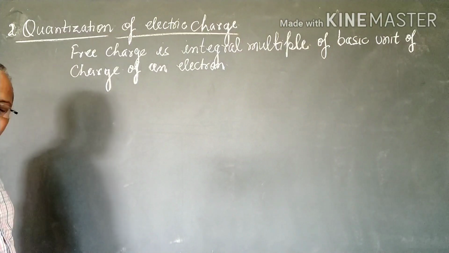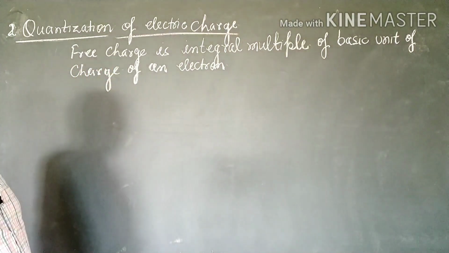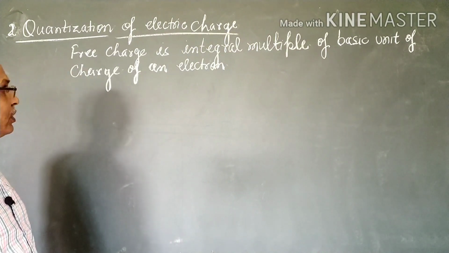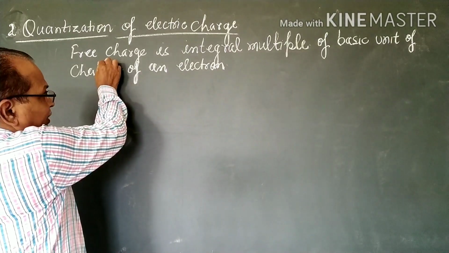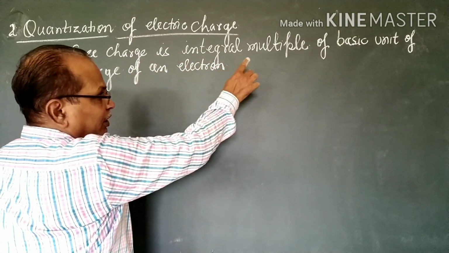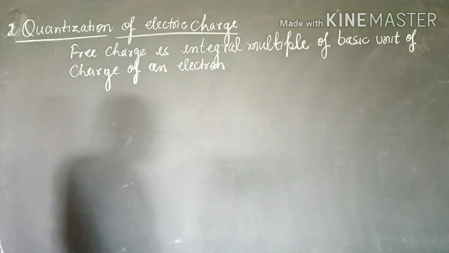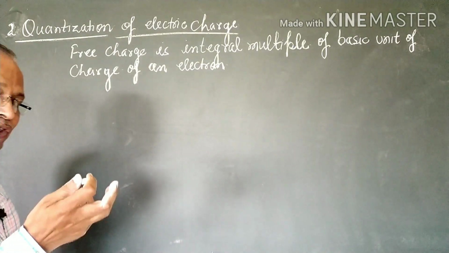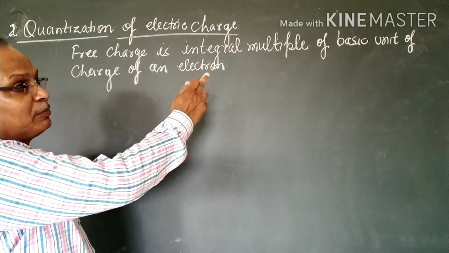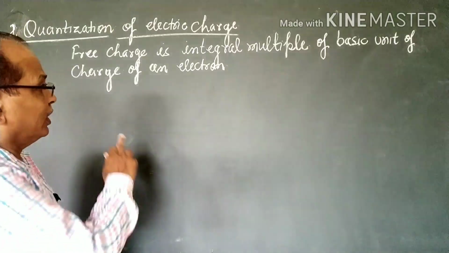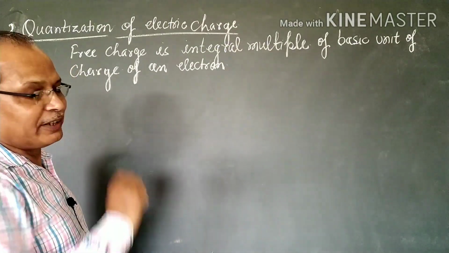Now the second property of charge is quantization of electric charge. What is the meaning of quantization of electric charge? The free charge, whatever be the charge on any object, is an integral multiple of the basic unit of charge, that of an electron. That is, as per the definition,